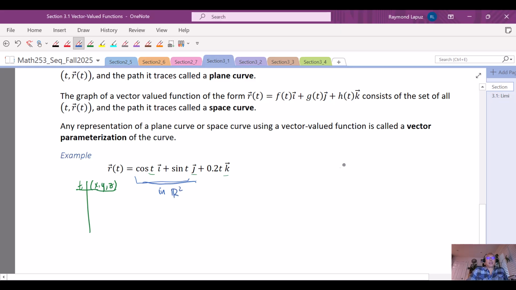and just look at what's happening in R2, if you remember, this is x equals cosine t, y equals sine t, and that's just a unit circle going in a counterclockwise direction. And if we want to be specific, well, t starts at 0, we'll be at the point (1, 0), and it's going to go around by the time we get to 2 pi. Now imagine putting this in 3 dimensions, where the shadow of this curve is just going to be in the xy plane. That's what the circle is,